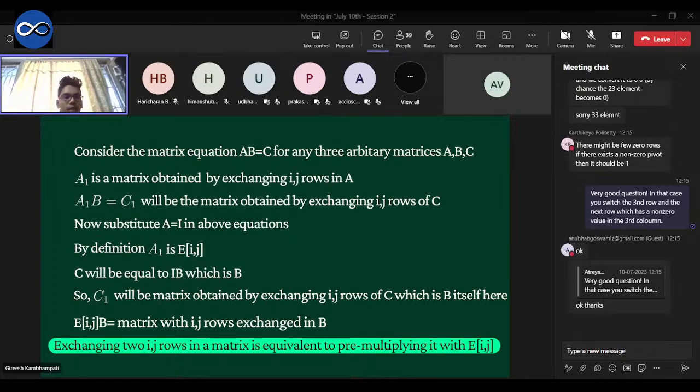Now we will substitute A equal to I in the above equations. IB equal to B, like multiplying I with any matrix will not change that matrix. I is like the multiplicative identity for matrices. I into B will be equal to B. Now if we interchange ij rows of A, A1 will be the matrix obtained by interchanging ij rows in A. Here A equal to I. So we